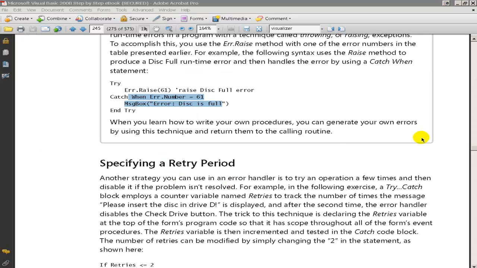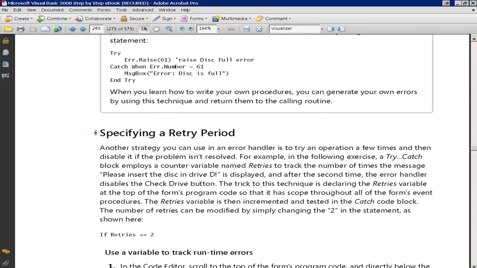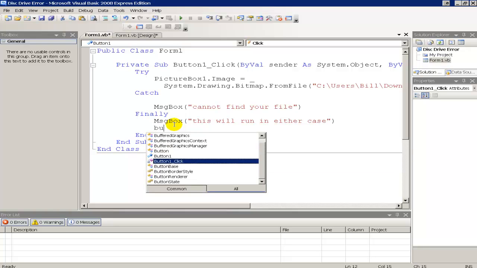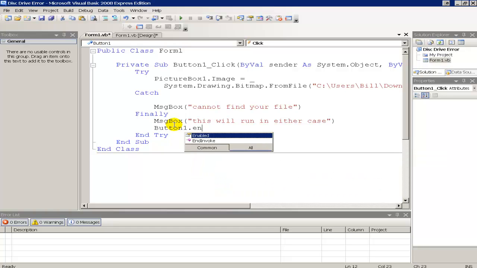Okay, there are other ways we can do this, sort of more complicated ways. Like we can repeat this over and over again for a specific number of times and then stop. One thing you can do is disable the button after a certain number of times. I'm not going to go through this, but if you want to disable a button, you can just do this. You'll see this is called button 1, but I'm not going to go over letting it run a couple times and then disabling it. But you can do enabled